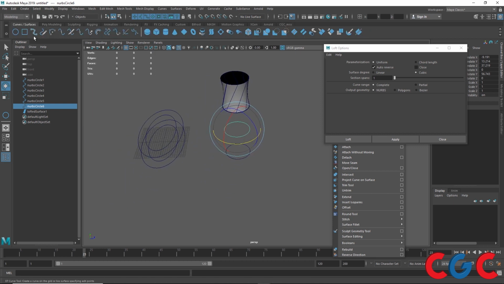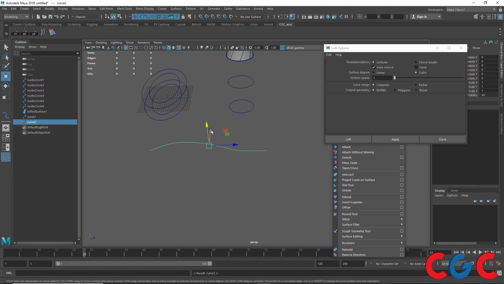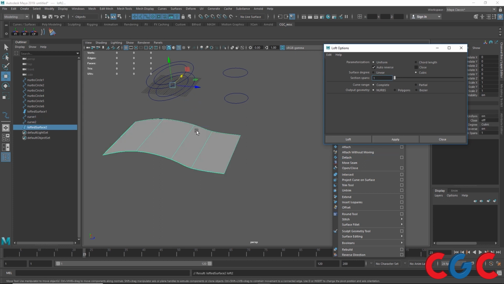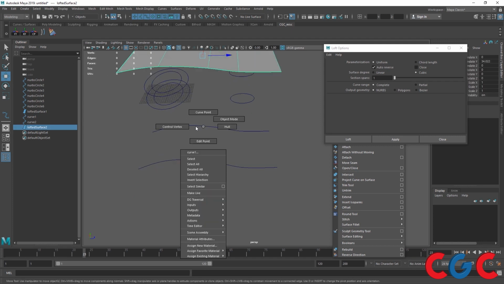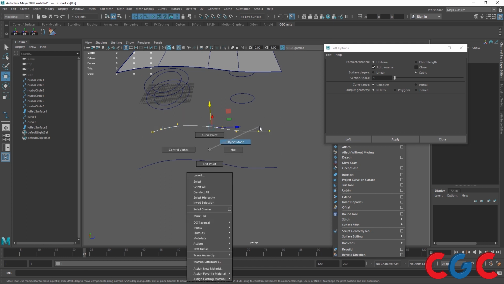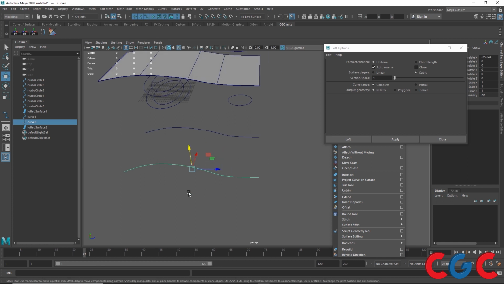So you can do loft from one curve to another. Center pivot, Control D. I'll come here, select these two curves, do a loft. See, now we have perfect lines. These lines are happening because the control points in both the curves are the same. So for example, if I increase or decrease the control points of these curves, I'll select the curve,